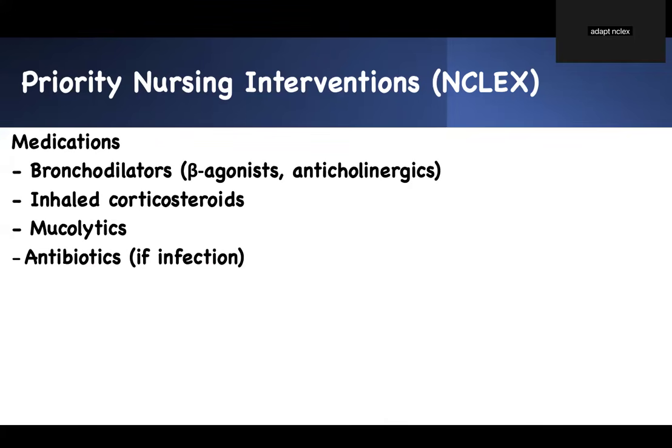Now, few of them. Medication. You already know. If you know asthma, it's the same thing. We have airway problem. We're going to give them bronchodilators. Albuterol, you can have short-acting and long-acting. Salmeterol. If you need more on the pharmacology aspect of it, check Adaptive Class. But we give them bronchodilators. There are some anticholinergic bronchodilators. That's ipratropium, right? This is